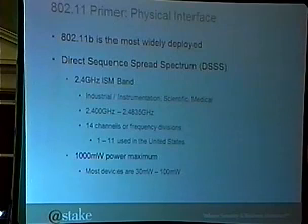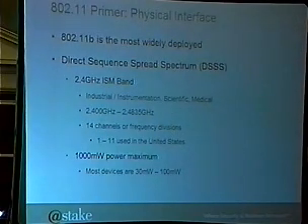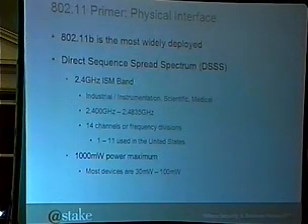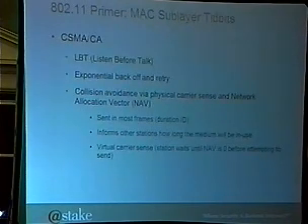802.11b is most widely deployed. The physical interface that is most widely used is based off of direct sequence spread spectrum. 2.4 gigahertz ISM, that's the unlicensed frequency that we talked about before, with certain limitations: industrial, scientific, medical. So you've got your cell phones, your cordless phones, your microwaves, your baby monitors, and all that stuff. There are actually 14 different frequency divisions or channels, only 11 of which are sanctioned for use in the US. Okay, that's great.